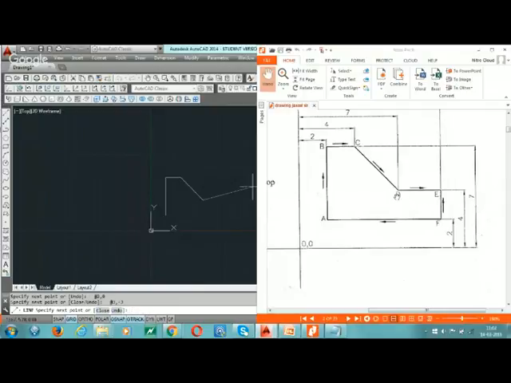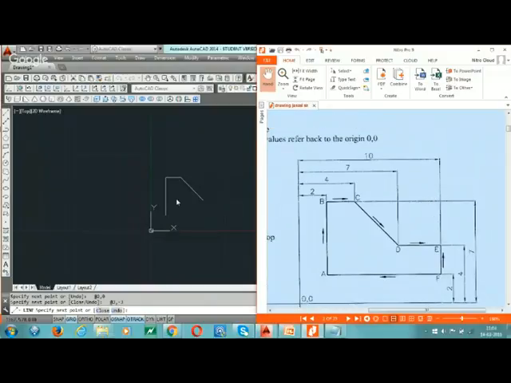Enter. After that we are going to the E point. For E point we are going to be 3 in X direction, 0 in Y direction.